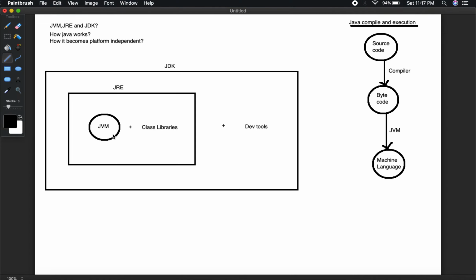What it actually is, is basically an abstract machine, so physically it doesn't exist on the machine. You cannot see a JVM on your machine, whereas you can see a JRE and JDK. So JVM is an abstract machine which physically doesn't exist on the machine, but if you want to run any Java program, JVM is a must. That is where you are going to execute, because JVM triggers the main method in your program. So this is very key.